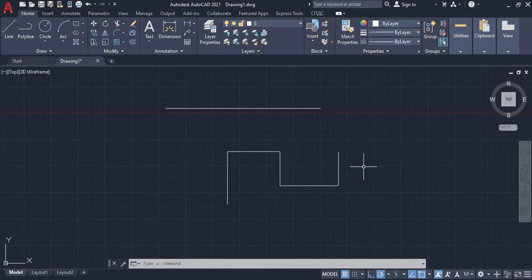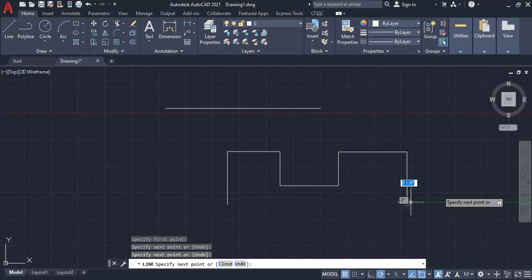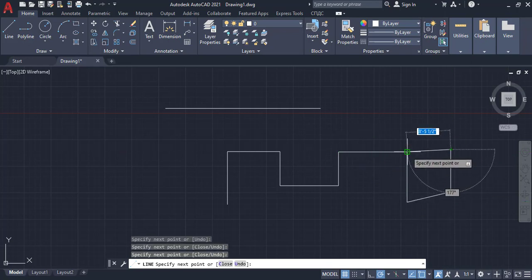That time right click means repeat the last command. Last what we used, line command. So again line command came. Okay, again we can draw figure by using the same command. We don't have to go to the line or type the line command. Okay, this was the right click customization method.